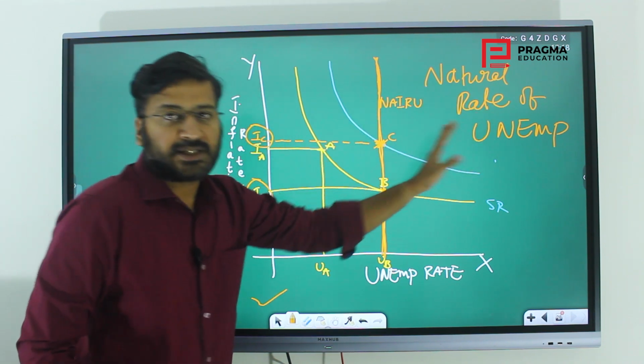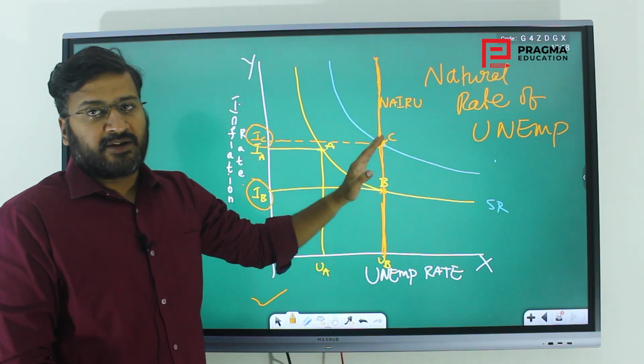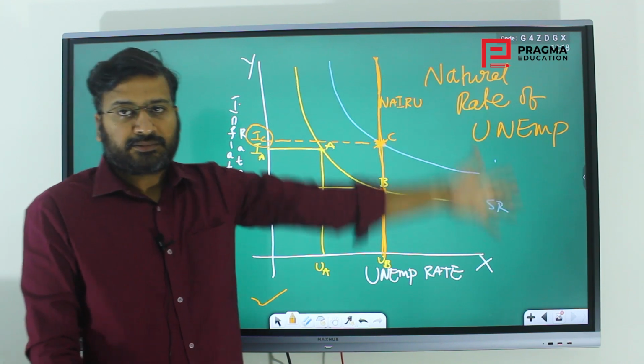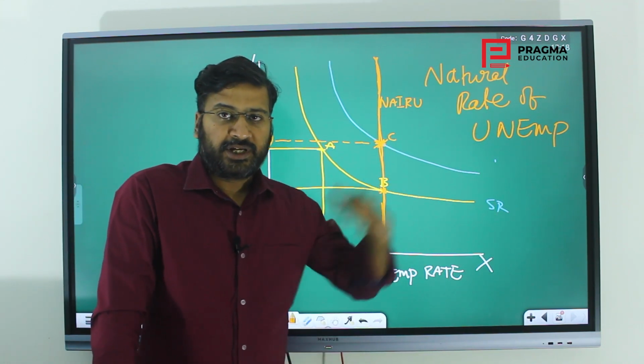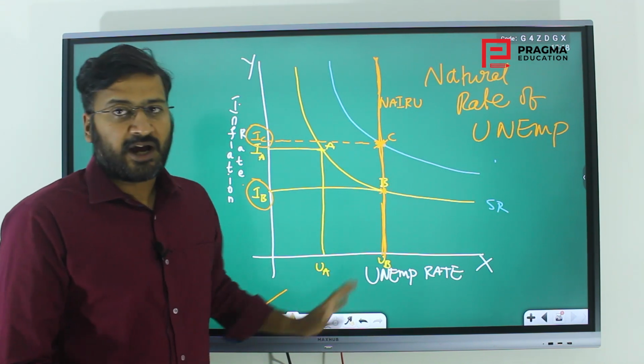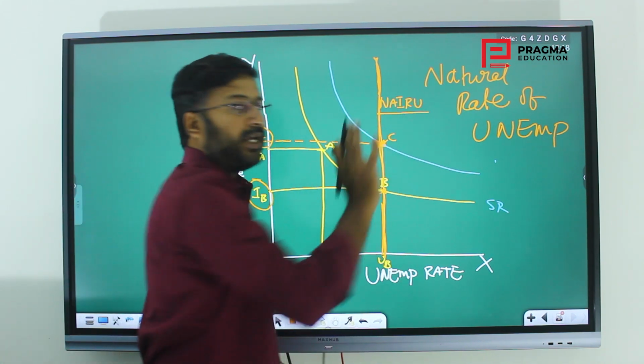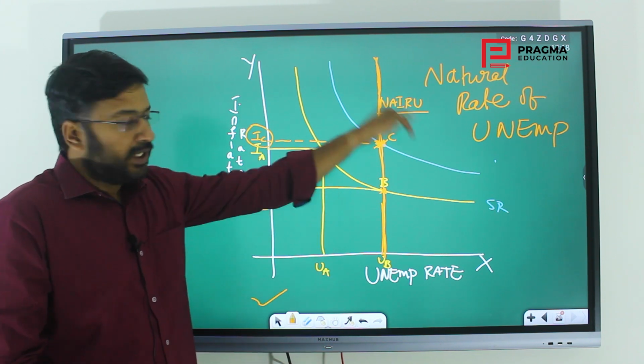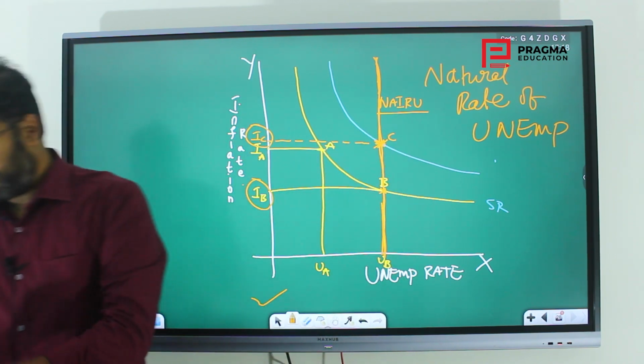So beyond this, they cannot break this away and inflation will spiral. It will increase enormously. So what governments will have to do is limit themselves to NAIRU. So NAIRU is that minimum rate of